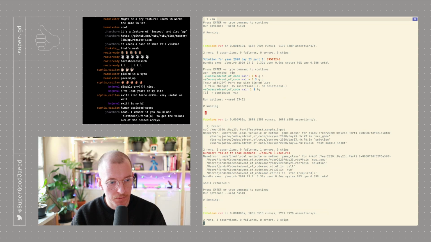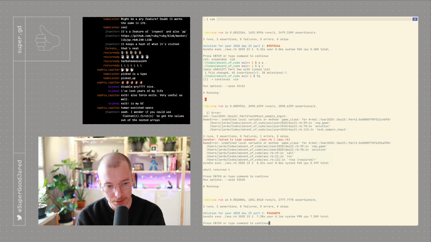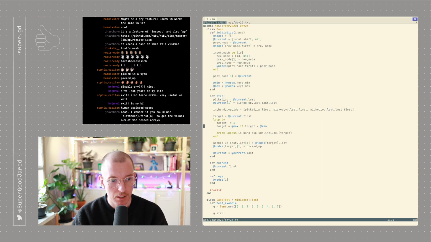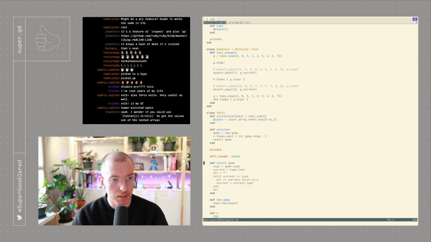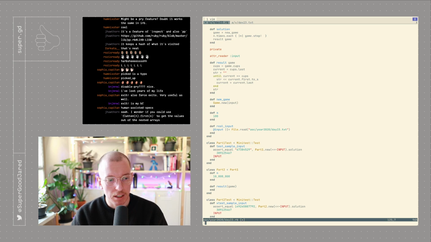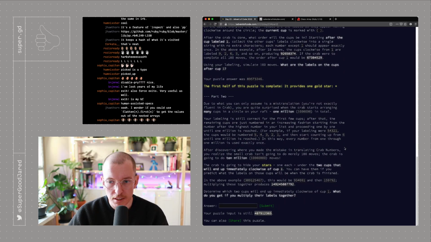Cool. And conveniently, this is also running one for 10 million. So we're going to see how long mine takes to finish. That's cool. So now we know we can run it 10 million times. Now we just have to get the right result out of it. And there's a result method. And what we need for part 2 is the